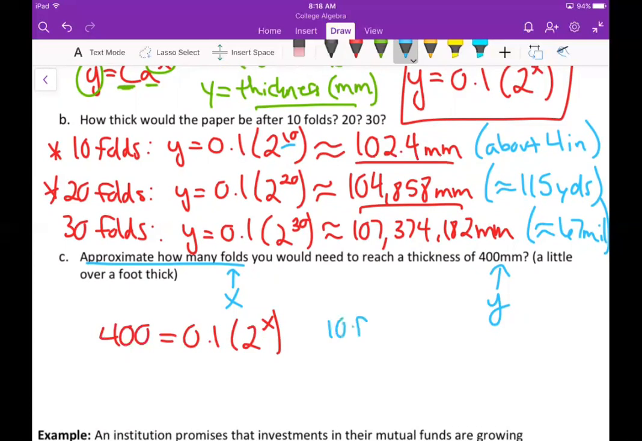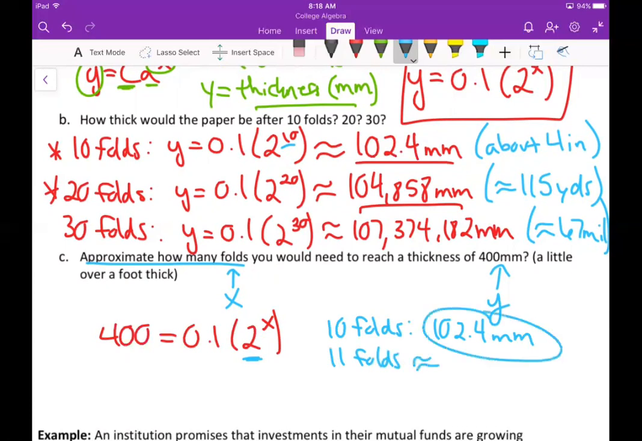So we know that after 10 folds, we're at about 102.4 millimeters. And we know that this is doubling. So if we go to 11 folds, without even plugging this into our calculator, we know that this quantity will double, and so we will get about 208.8 millimeters. And if we go to 12 folds, we know that'll just double and get us to about 416, 417-ish